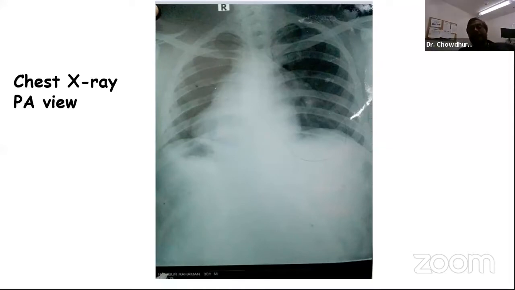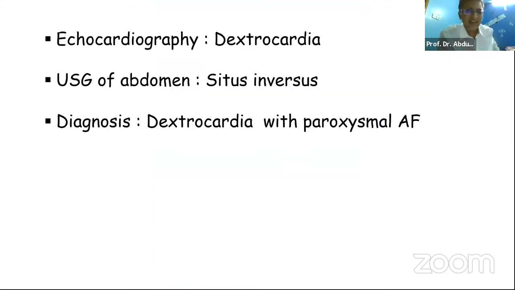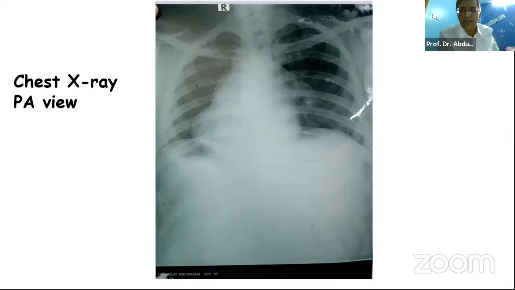It is very difficult to say that this is MI, but I need to know the clinical context. For youngsters, this is very important. Look at the patient's age. At 30 years of age, you are not supposed to have a big MI, at least in this country. That is the reason we should be thinking of other diagnoses, including dextrocardia and other things.